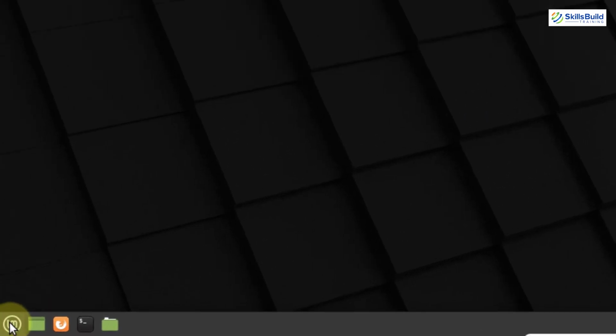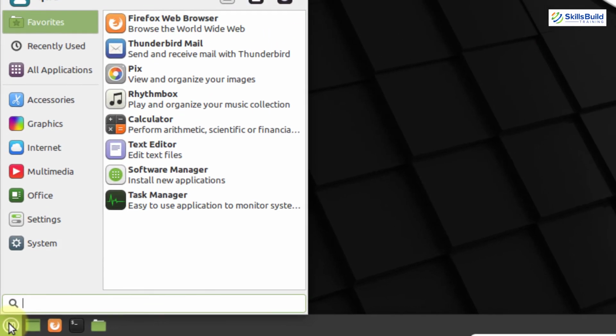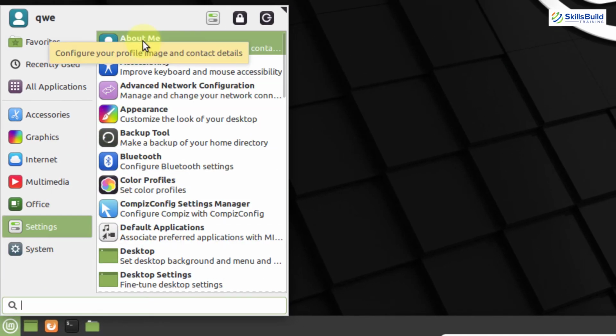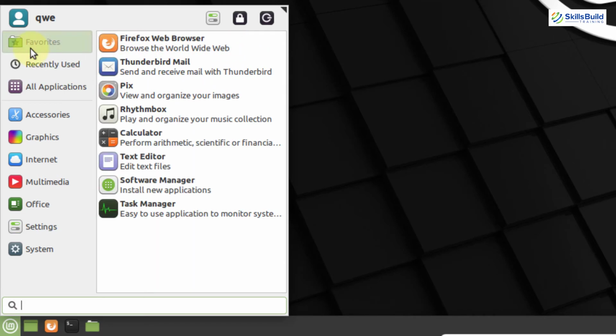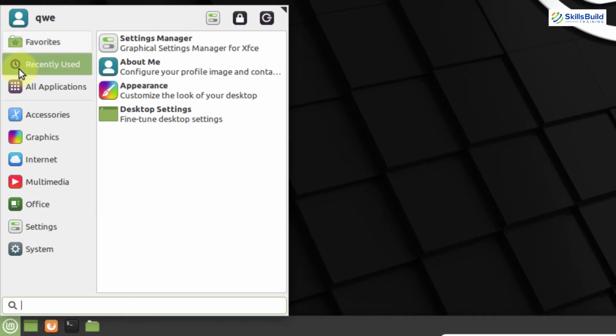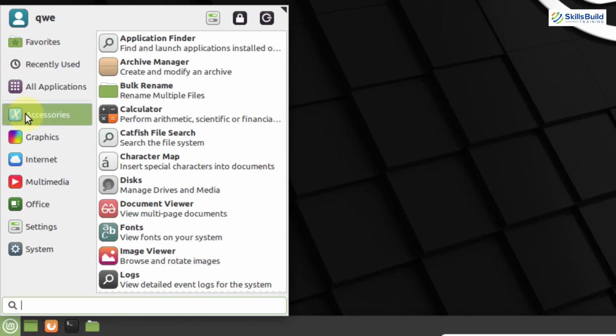If I go into my application menu, here you can see we have applications, their icons, their names, and also a description of each application. But the main difference is we do not have any pinned applications in here. We only have the categories of applications, and in front of those categories we have all the applications related to them.